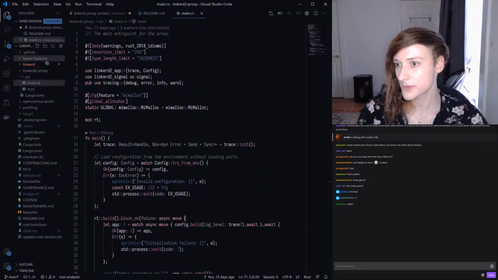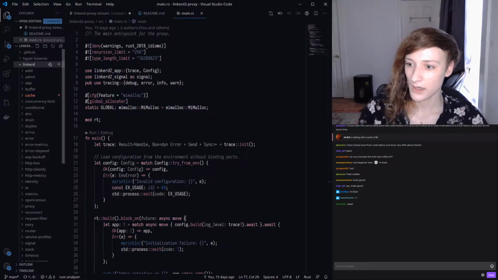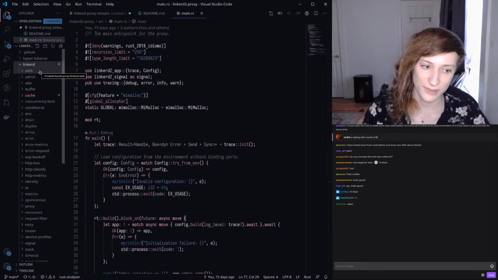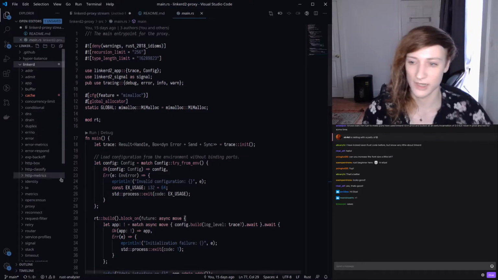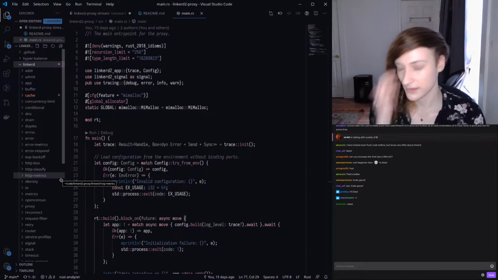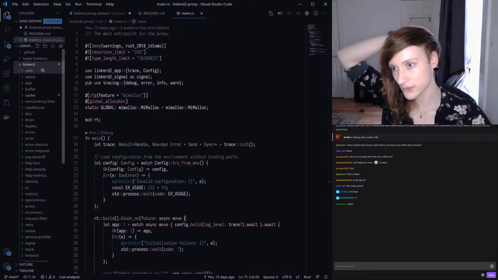And then all of the meat here is in a big pile of crates. And for new Rustaceans, crates are the Rust unit of granularity for packages. So a Rust package is called a crate. Libraries are distributed as crates and so on.